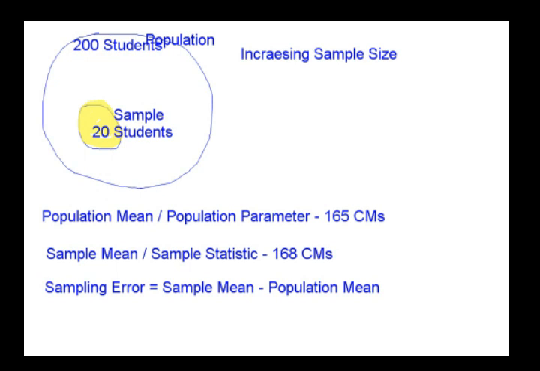So if I increase this sample size of 20 to 40 or probably 60 or 80 or 100, the difference would reduce. The difference would reduce, but it can never be zero until I consider the whole population for the study. And the second way is